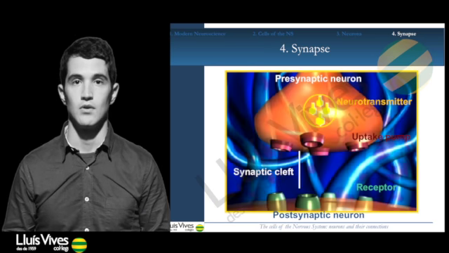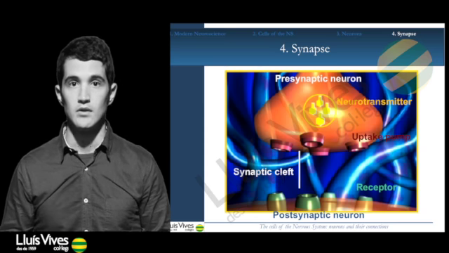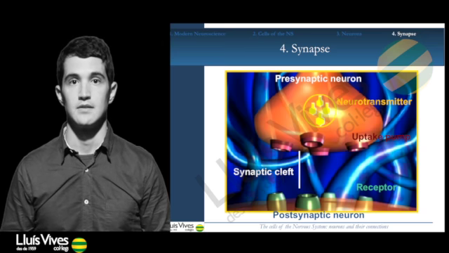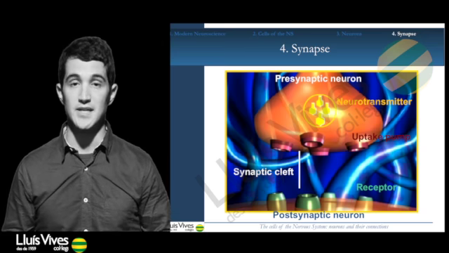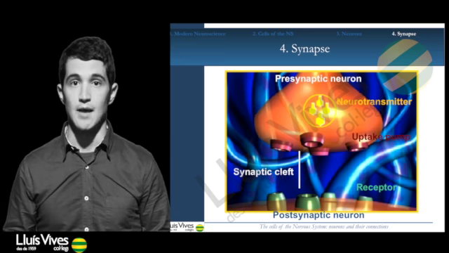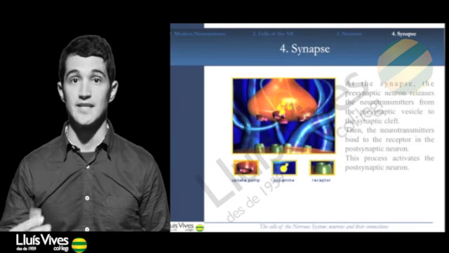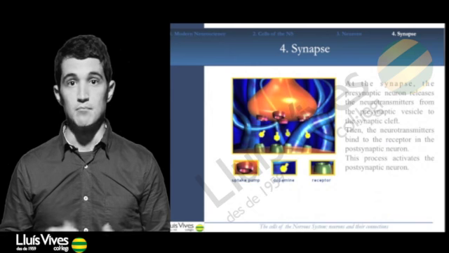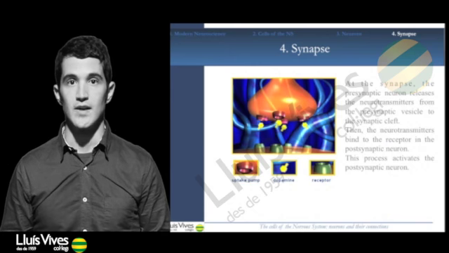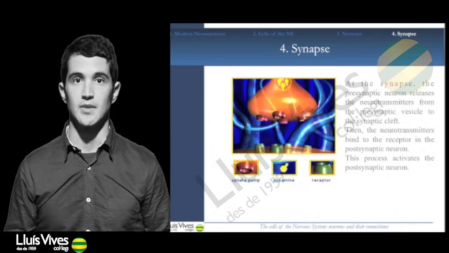In the second type of synapse, the chemical synapse, the distance between the two neurons is quite bigger. That is called the synaptic cleft. The synaptic cleft is in between the presynaptic neuron, which is the one that is going to produce the message, and the postsynaptic neuron, which comes after the synaptic cleft. The second neuron, the postsynaptic neuron, is going to receive that message. The message is enclosed in the synaptic vesicles, and these vesicles are contained in the presynaptic neuron.